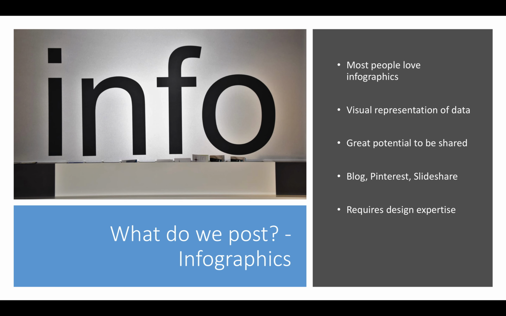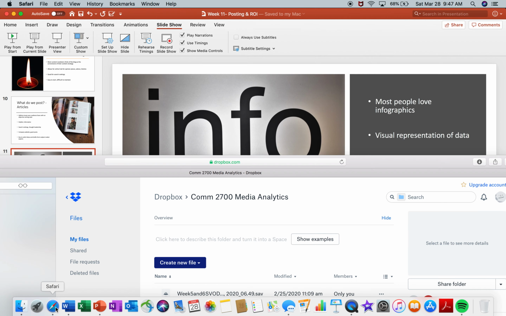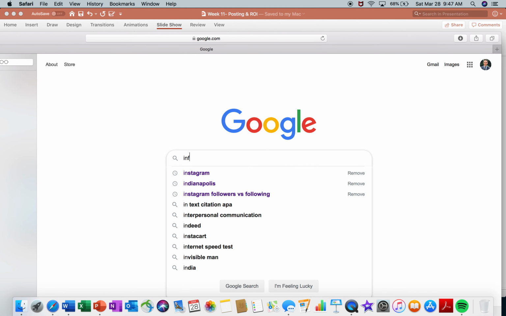Infographics. We like infographics. Many people love infographics. They're visual representations of data, great potential to be shared. They're really, really good for Pinterest and SlideShare. They do require some designated expertise, but you can see here that if we're looking at infographics,